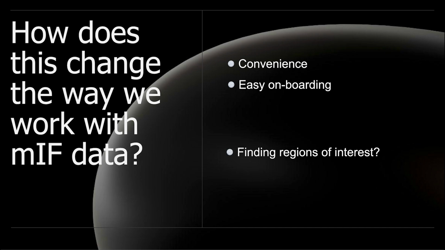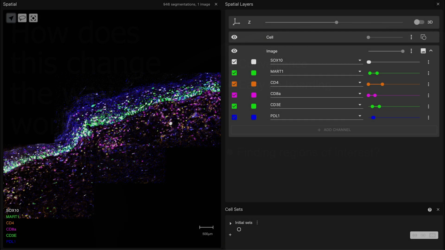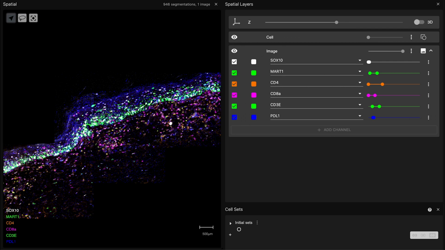But more interesting is also, can this help us find regions of interest? Because as the tissues grow larger and we don't see all the channels at the same time, it would be very beneficial to have support that tells me where to look. So we looked into this, and the first idea was to give the image to the LLM and let it find the areas itself, but this is not possible because you have so many channels that you can't even create